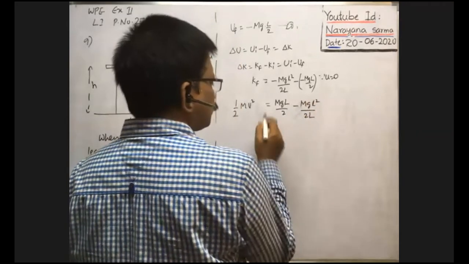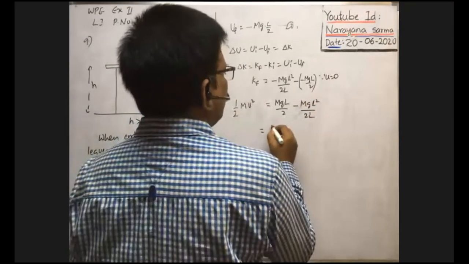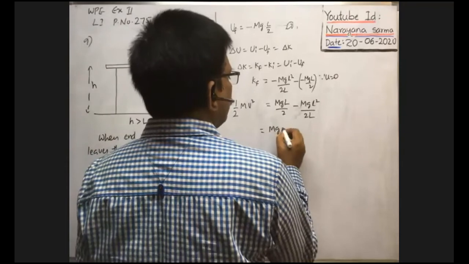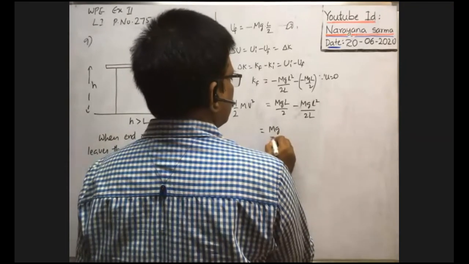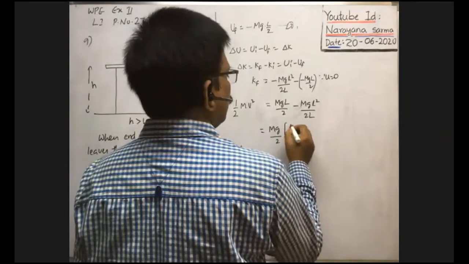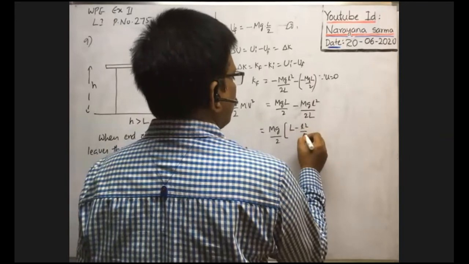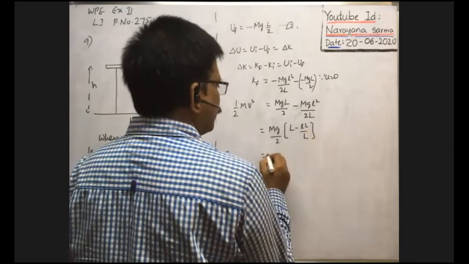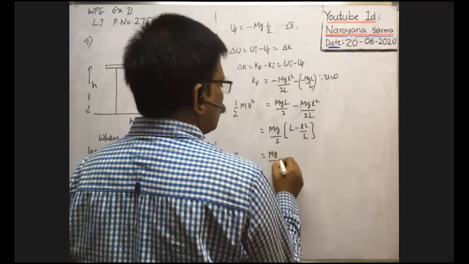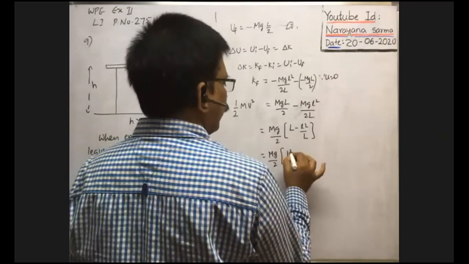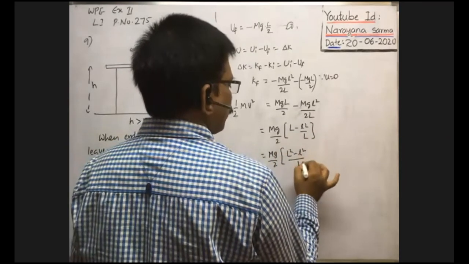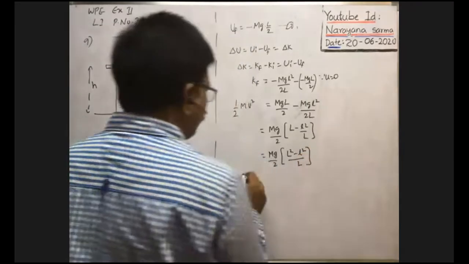Okay, now here we take mg by 2 common. Okay, then L minus L square by capital L you will get. Then you take LCM, mg by 2 of L square minus small l square by capital L, no? Therefore,